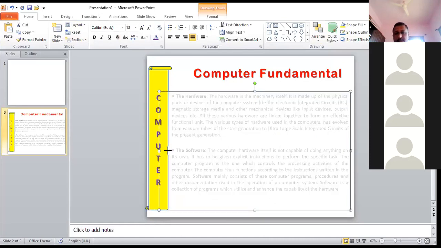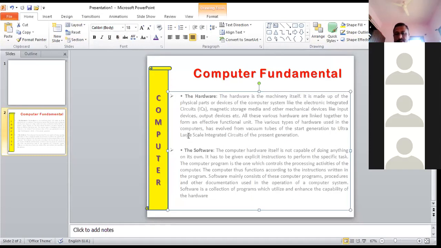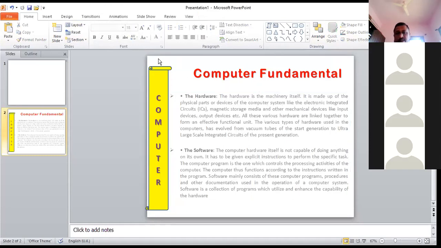And next thing, I need to change the background of this slide. Then what we can do there? I want to change the background of the slide. Then which tab is to be used for applying a background? Background I have to apply. Background color, how to change? In which tab is it? Design tab. Design tab. Good.